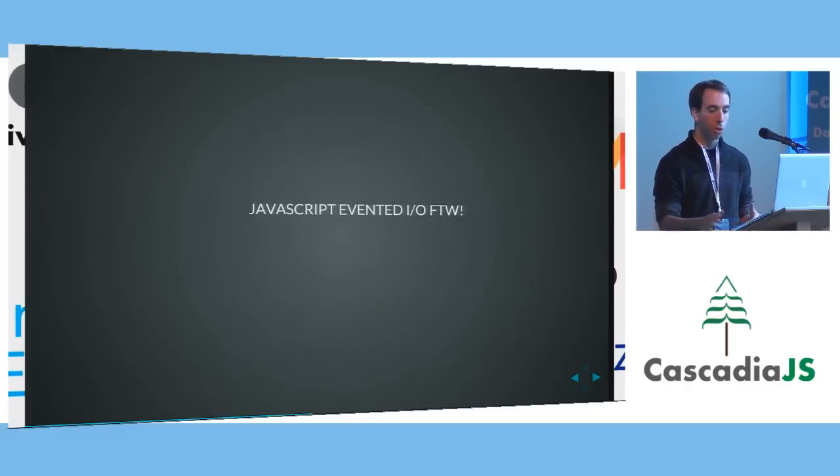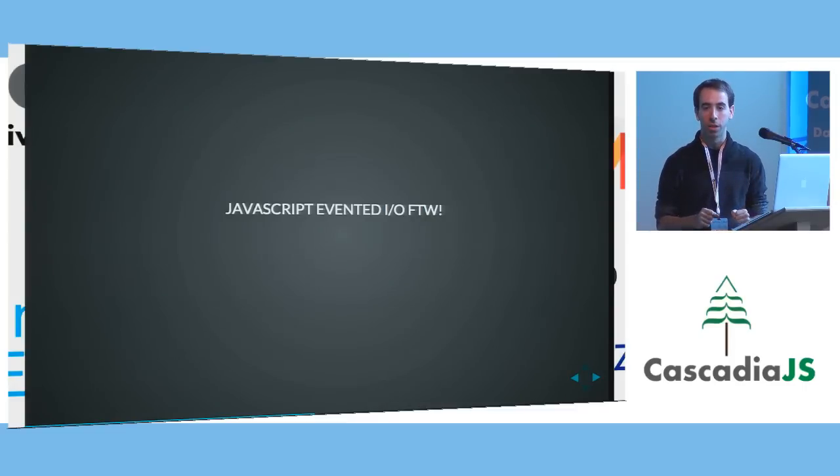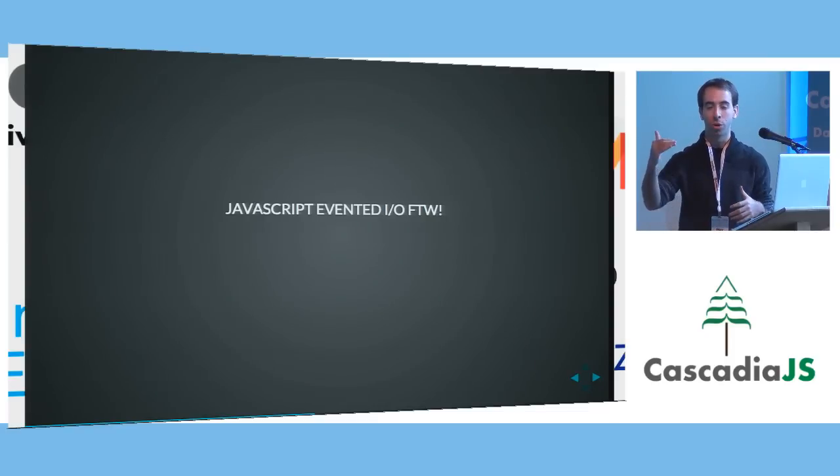And so why JavaScript? Well, JavaScript was baked in with the idea that I/O is evented. So when you make a REST call, you make it and you'll get a response eventually. And when you read stuff off disk in Node, you ask to read it off disk and you'll get stuff eventually. So it's not the idea that you make a request and now you're stuck waiting until a response comes in. And so really, we're going to use evented I/O. It's such a great fit for the latencies involved in big data analysis, that you can actually use it to structure your code in a much more natural way. And the fact that all the libraries in Node and JavaScript assume that I/O happens asynchronously means that it's much easier for you to find libraries to use.